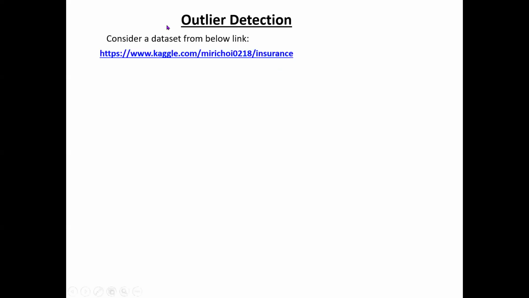So, outlier detection in R. For this, I am showing one data set example from Kaggle. In my previous videos, I have not shown how to download and use a data set. I just used one sample data set with 10 rows and 10 columns. But a number of data sets for machine learning are available from various repositories like the USA repository, Kaggle repository, etc. So I am giving the link for downloading this data set.